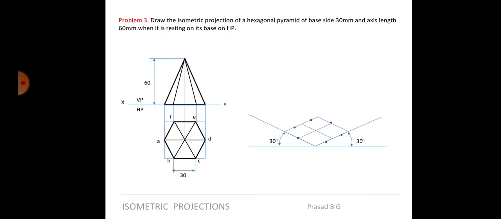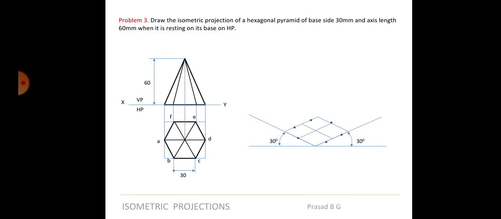So what I have located right now is, this point is A, this point is B, this point is C, this point is D, this point is E and this point is F. Okay, so this is how you have to do when you don't have the object as square. So that's what I told you. When you have the object as a square, that's particularly a cube or a rectangular prism, it becomes very easy because the object itself is square. So directly you will take two edges and take it upwards and draw.